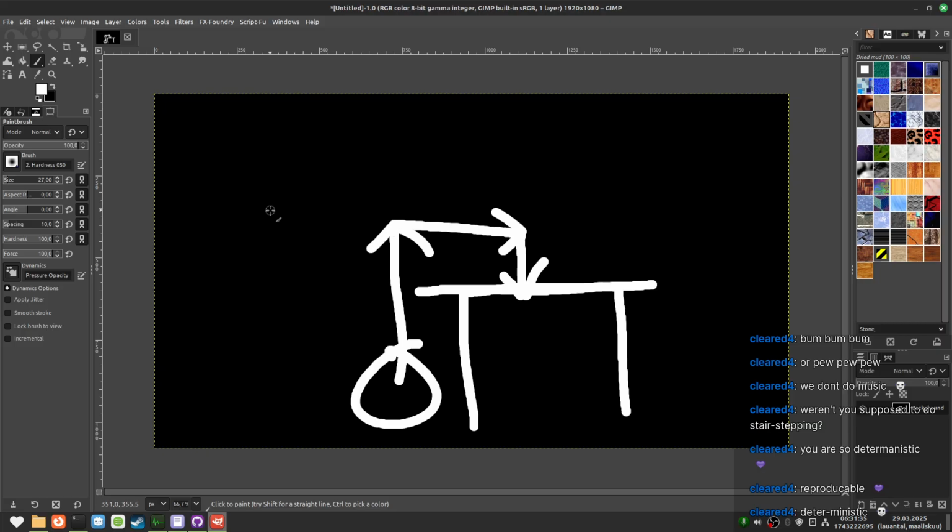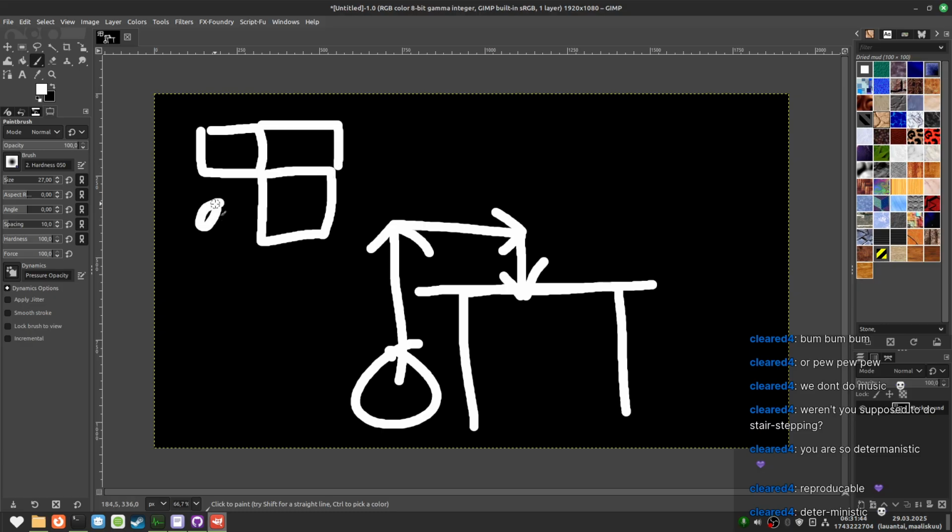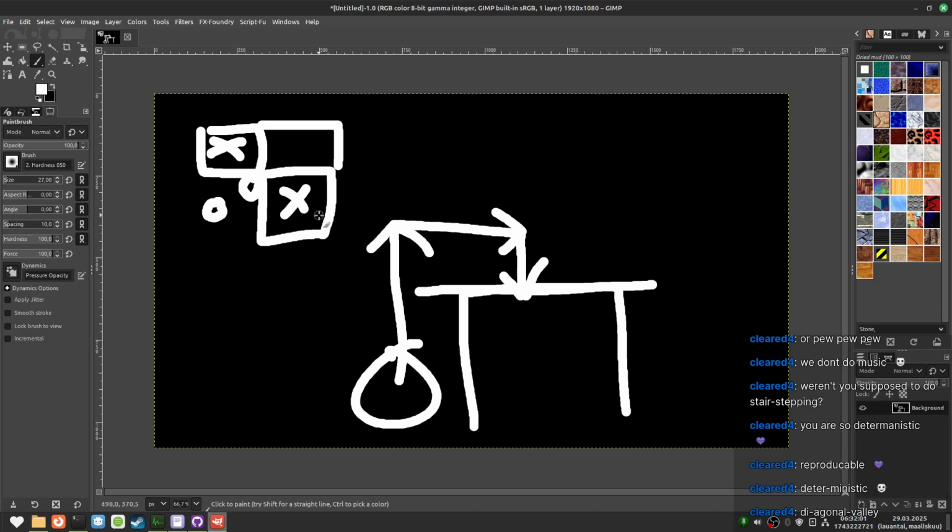Actually, let me think. Because if we have, this is a top-down view. We have two blocks here, and our physics body moves diagonally. Then it's gonna first collide with this, and then it's first gonna collide here, and then it's gonna collide here. There's two collisions, here and here, right? Or with this block and this block. So we do return multiple collisions.